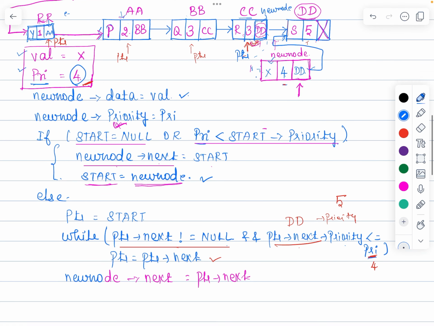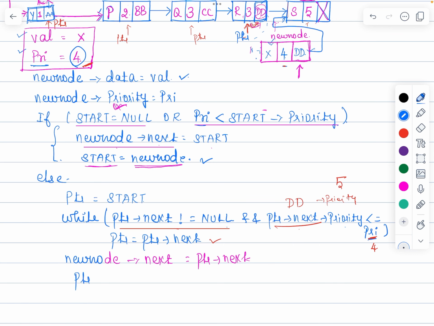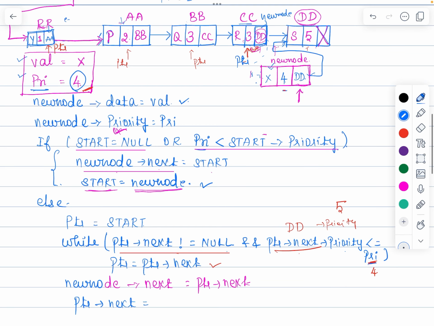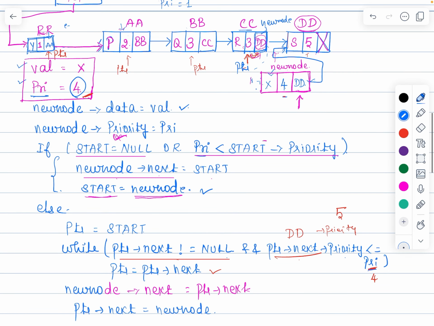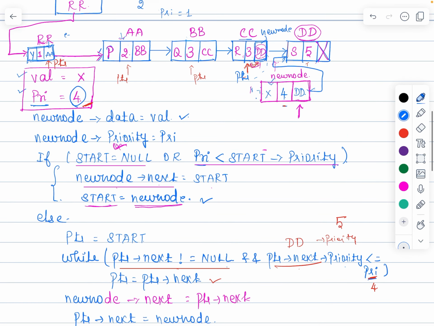CC is pointed to by the variable called pointer, so in the place of pointer's next, the new node's address should come. So we can write: pointer's next equals new node. Now in the place of pointer's next, you write the address of the new node,